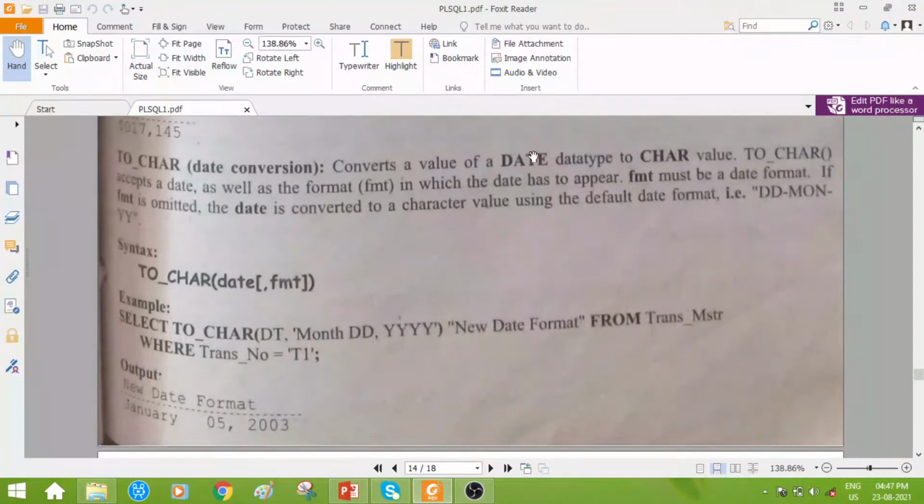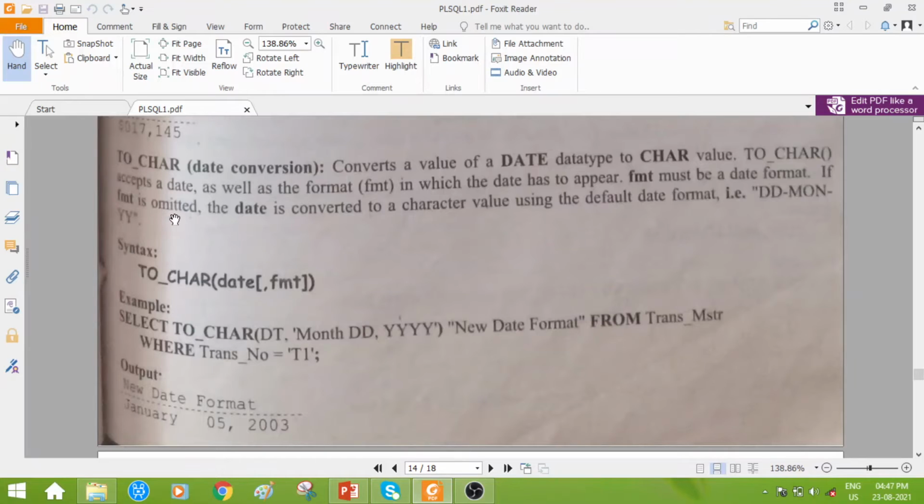After converting the date to character, that date information has to appear in some kind of format, so that format also needs to be given as a second argument, but it is optional. Format must be a date format.